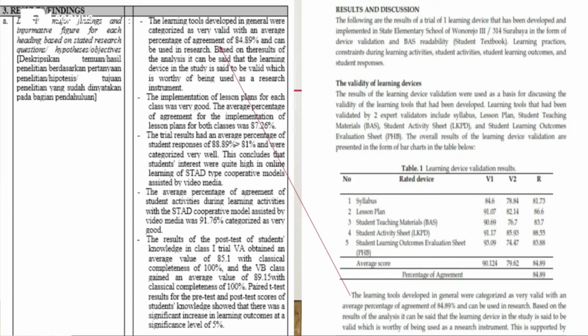There are some findings that we find from the research questions. And as usual, usually there is the sign, the characteristic of research findings of quantitative research. There is a data used in statistical data. Next,